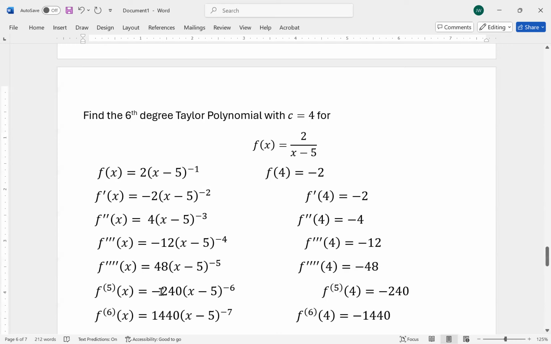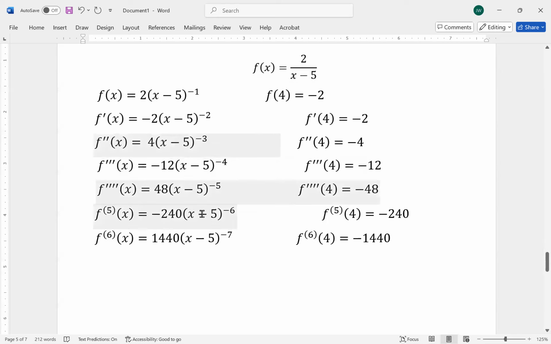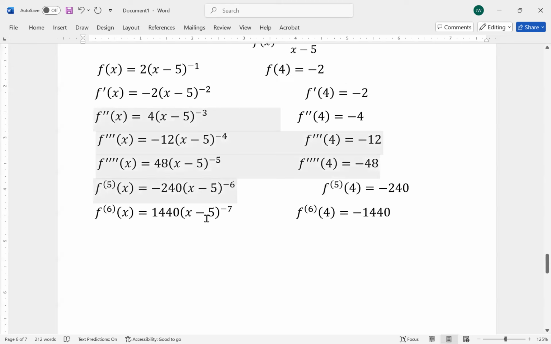Now we're centering this polynomial at 4. So it's a Taylor polynomial centered at 4 of degree 6. It's going to be pretty long. That's okay. We start out with the number -2. That's my actual function value. Then first derivative is -2 times x minus 4, since we're centered at 4, to the first power,